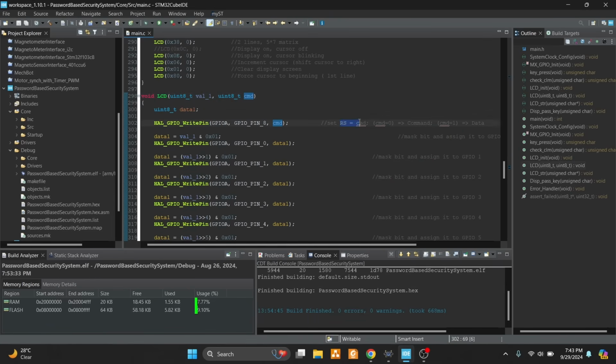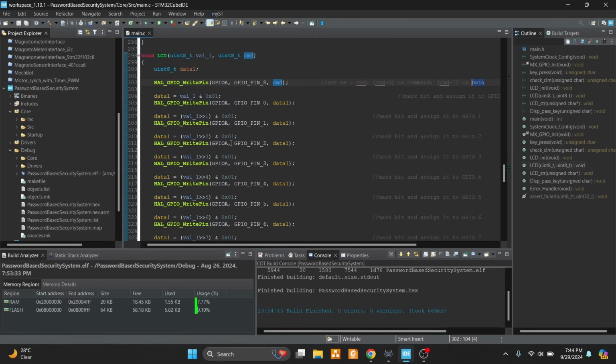RS pin is for register select. Whenever this pin is set to 0, that is, it is in reset state, it is considered as a command for the LCD. And when it is set to 1 it is considered as data. So whatever data is present on D0 to D7 will be considered as data when it is 1. Okay, so basically what we are doing over here